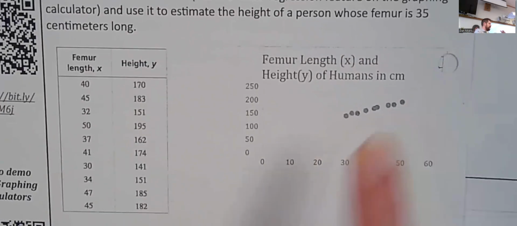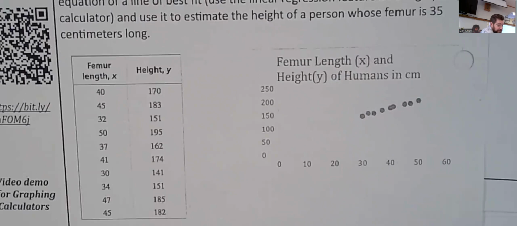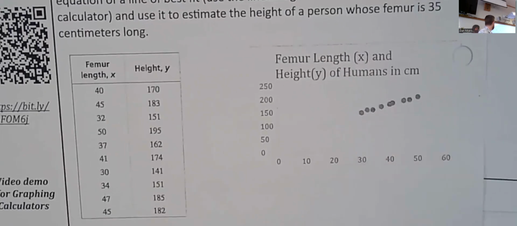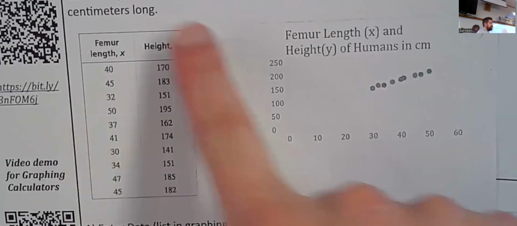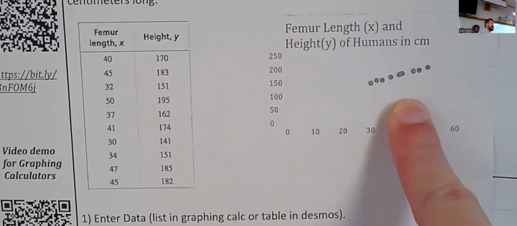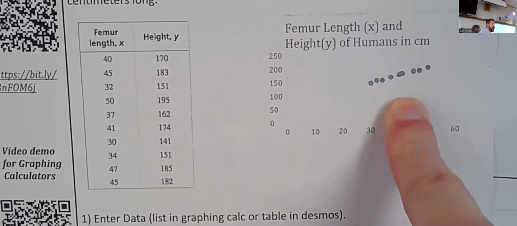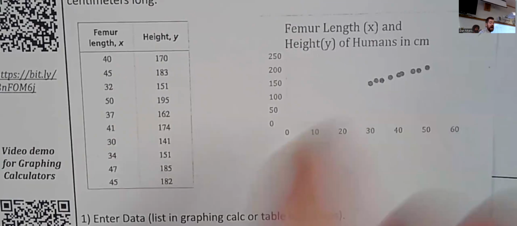draw a line that keeps the same amount of points above it as below it. And then you can pick a couple points from your line and write your equation. That's generally what you do in Algebra 1. However, here, I don't even really see grid lines over here. That's not super helpful. But here's our information. Clearly, this is not a linear set of data because if it was linear, they would all perfectly be in a line. And so what we're trying to do here is